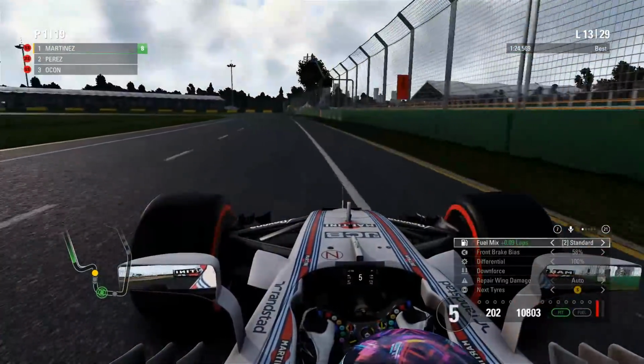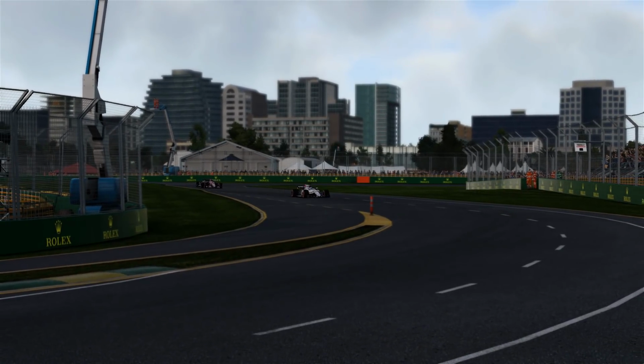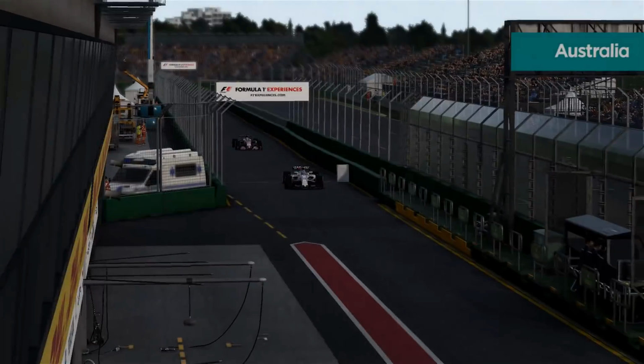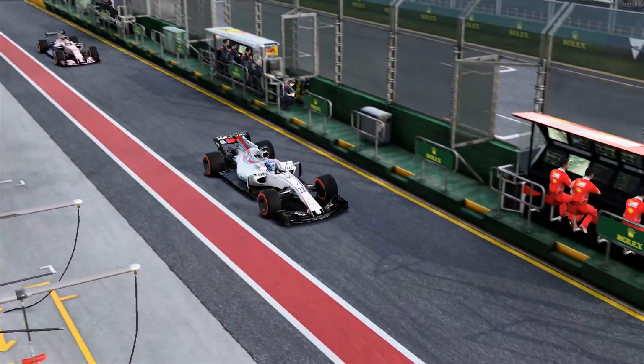Right, into the final corner here, we're going to come in for our first and only stop of the race onto the soft compound tyres, and hopefully it's a nice quick stop, really pushing the pit entry there into lean mix. Now we're going to get it also down for the 60, and there we go, pretty good pit entry there. I think that's Sergio Perez coming in with us here,